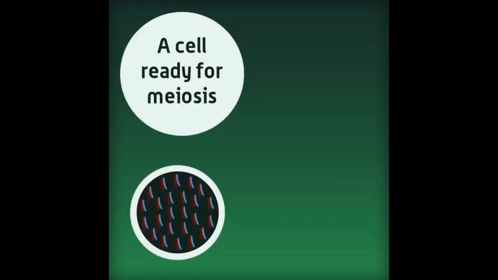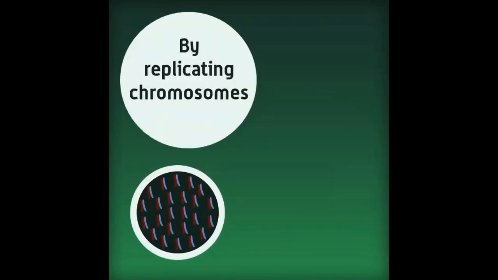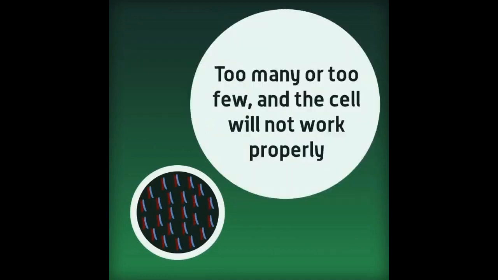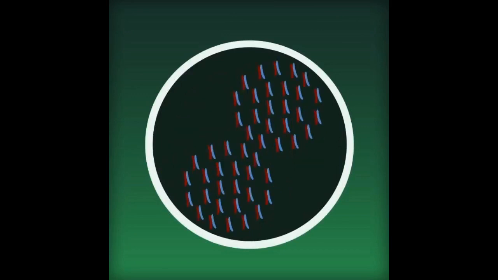A cell which is ready for meiosis has to have doubled up all of its chromosomes. By doubling up or replicating the chromosomes, the cell ensures that there are enough chromosomes to share around at the end of meiosis. If there are too many or too few, the resulting cells won't work properly, if at all. As the cell enters meiosis, it's producing an identical copy of every chromosome, so that it ends up with 46